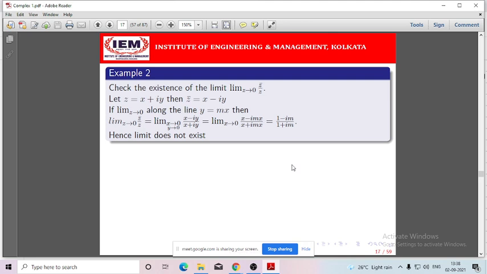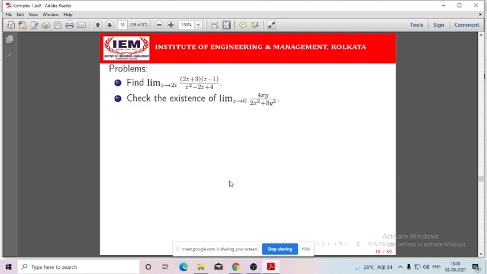So this is the same thing we have used in showing the non-existence of the limit for a function of two real variables in the first semester. Is that clear? Is it okay? Yes, sir. Others, please respond whether you have all understood this or not. If you have understood this once, then you can remember it. You won't forget it. Is it clear to all? Have you all understood? Okay.